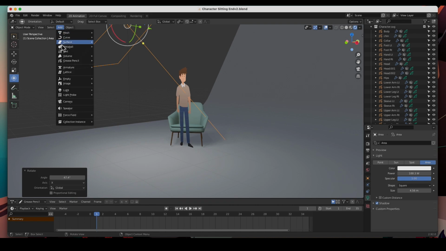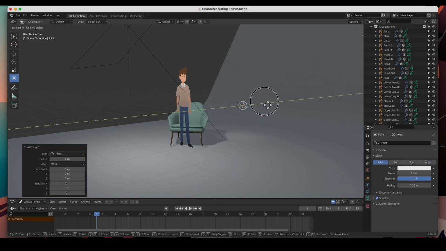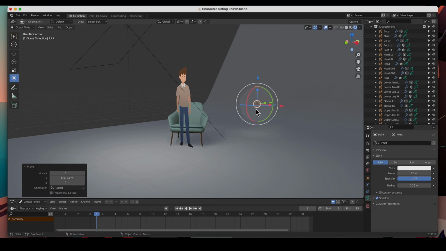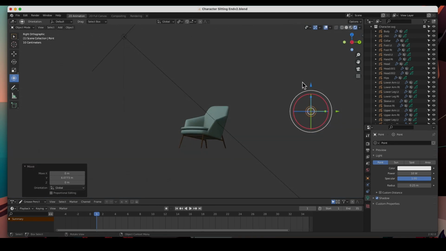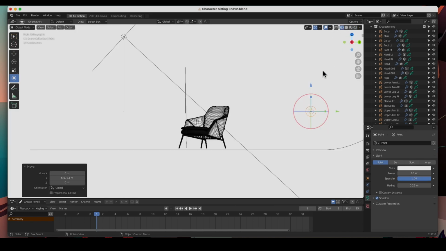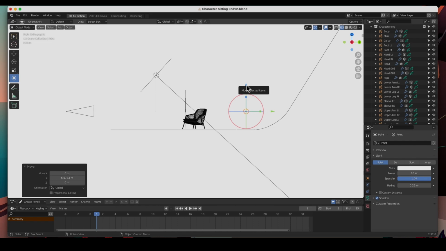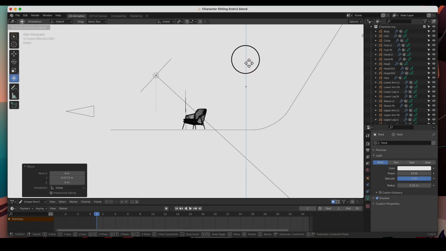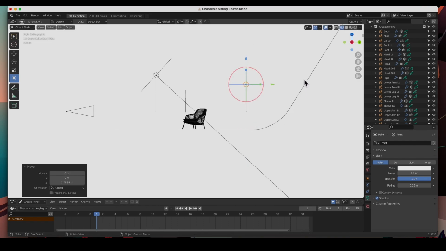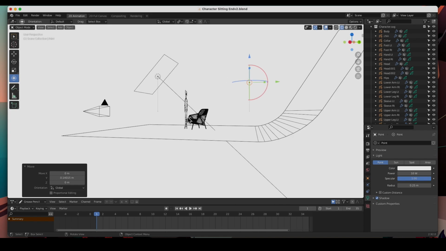Let's go to Add, Light, a point light. And I took it back here. I'm going to hit 3 for the side view. I'm going to hit wireframe just so that I can see the guy and my backdrop. And I'm going to put it right here to give this backdrop a little bit of life and a rim light on this chair. So check this out, guys. I'm going to hit 0,